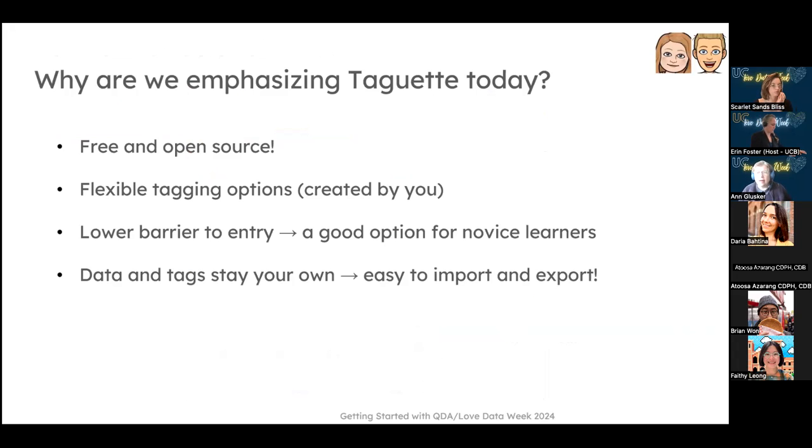Why? It's free, open source. Well, the other ones are too. Flexible tagging options. I do think it's more flexible than some of the other tools. It's very good for people getting started. It does not have a lot of bells and whistles, which as you get to be a more experienced researcher,